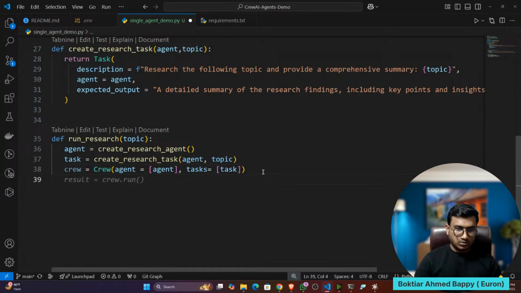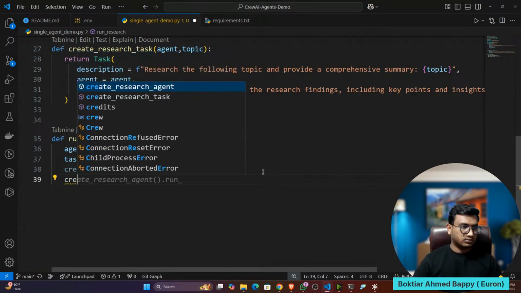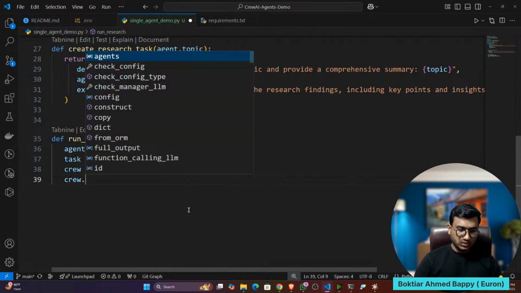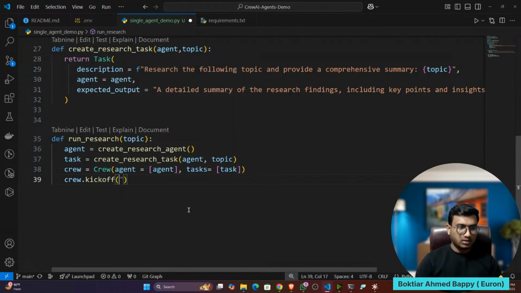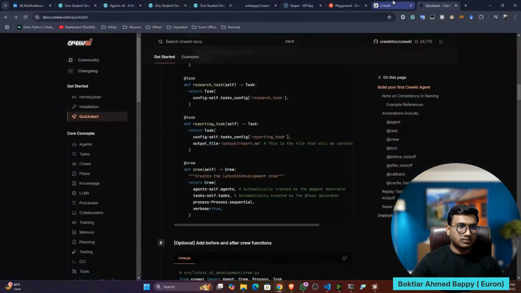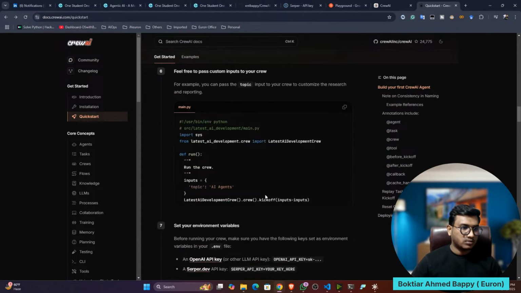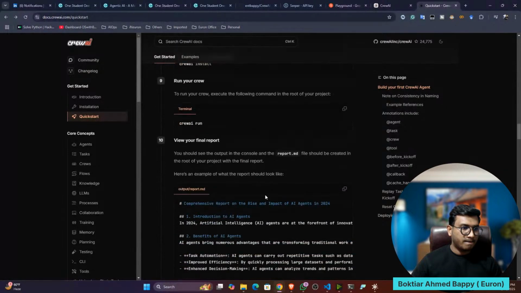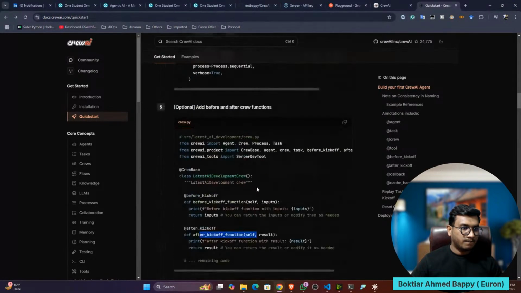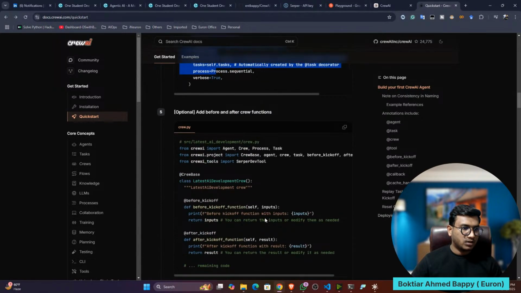Once it is done, you have to do the crew dot. There is a function called kickoff. Okay. So if you see the crew AI documentation also, kickoff function. So here I think they have given the example. After crew, you have to do the kickoff.